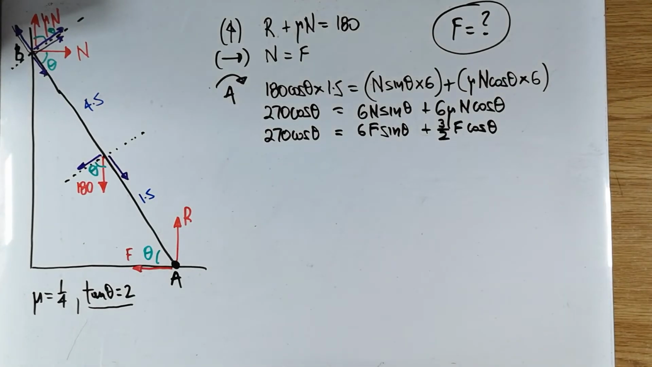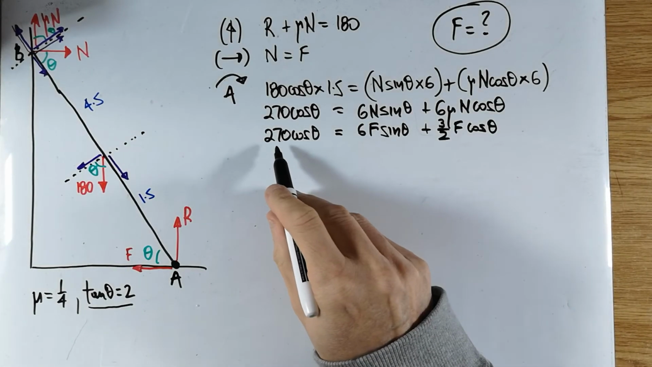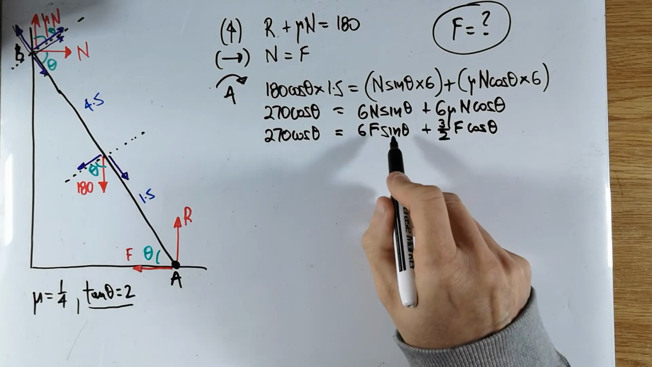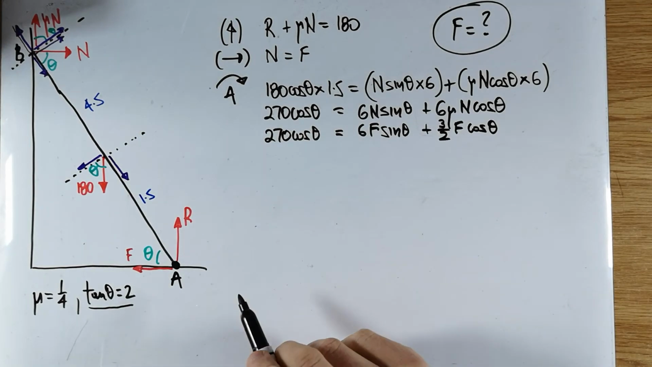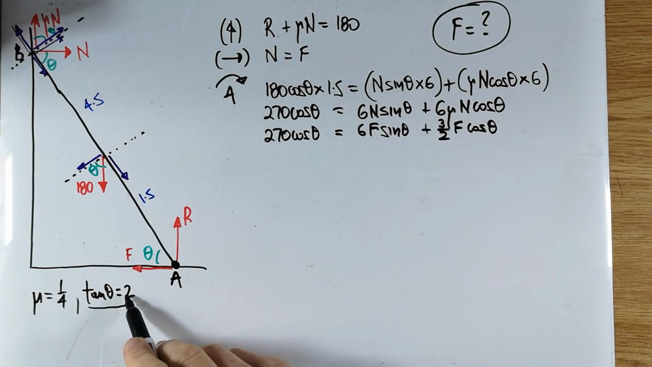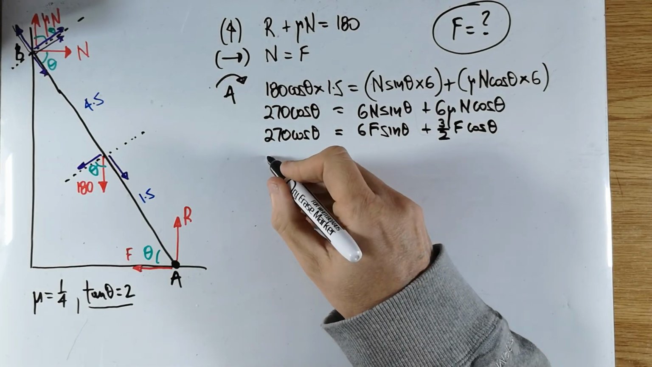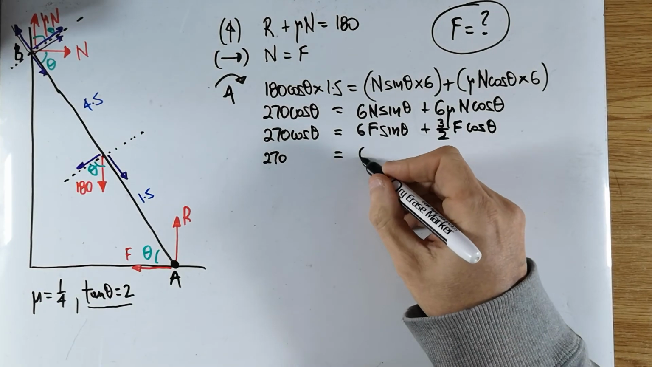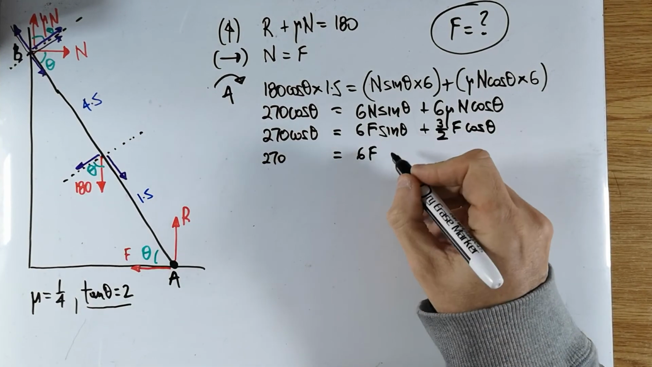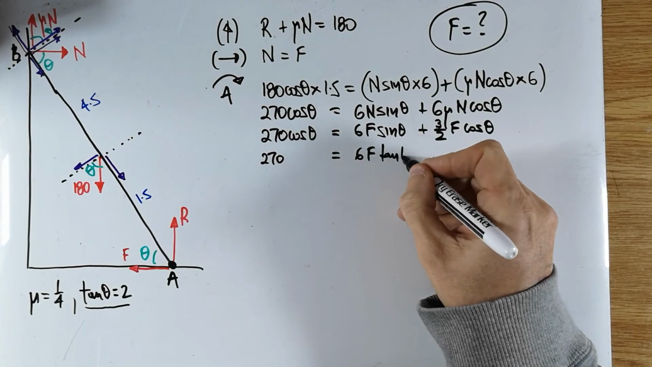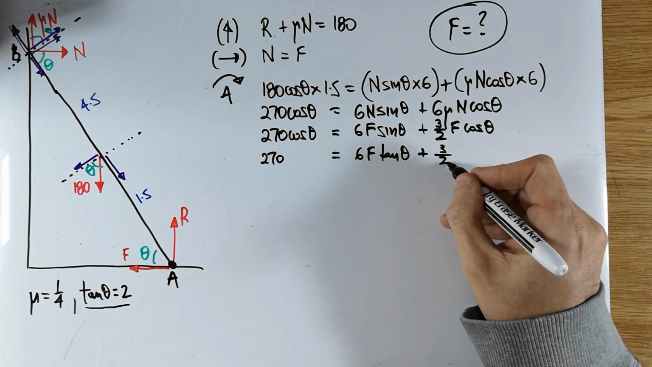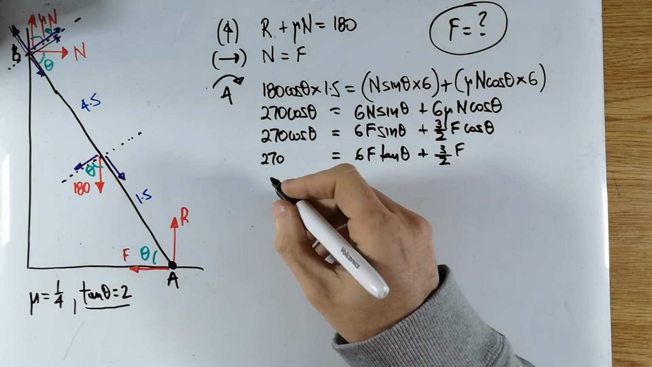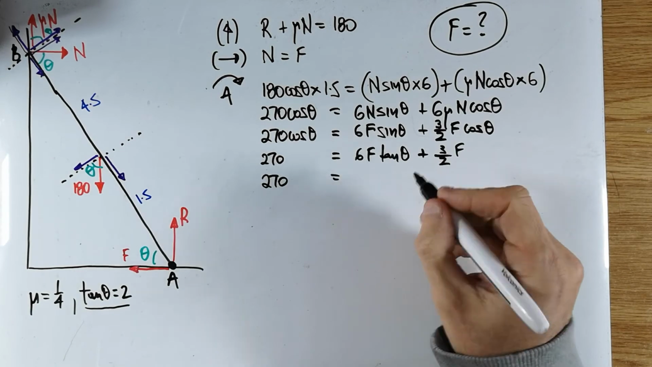But there's a better way of doing this. If we divide this equation through by cos theta, these two cosines will vanish, and this sine, when divided by cos, will turn into a tan, and once it turns into a tan, I can replace it by a 2. So that's my plan. 270 divided by cos theta, which will clear that, is equal to 6f sine theta divided by cos theta, which is tan theta, plus 3 over 2 f divided by cos theta, all of this is gone. So now my next line, put my tan in, so that's a 2,